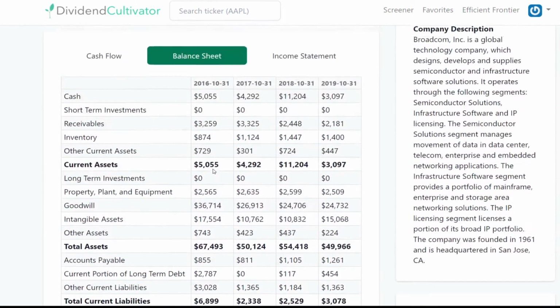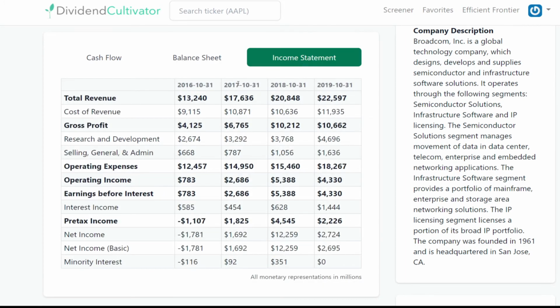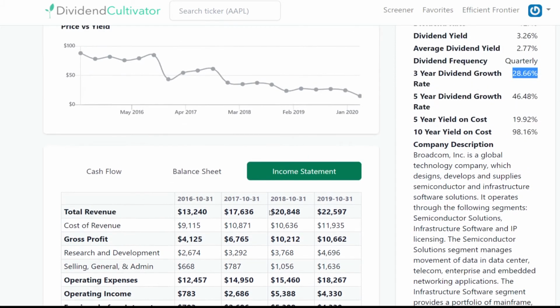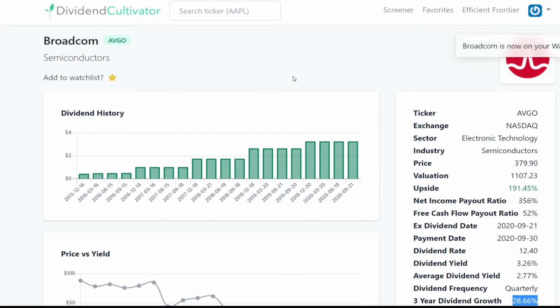different things like that. So it does show you the last 4 years, so you can kind of see what direction this company is moving in, and then the revenue and profits and the expenses. So pretty cool little app here. You can add this to your watch list and then have some